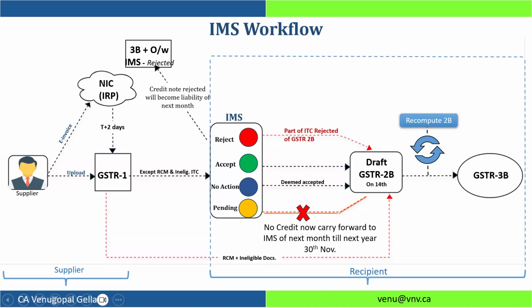What is this ineligible document? How does the system know that it is ineligible? Because of POS, place of supply. If my registration is in Karnataka, but I received an invoice having a place of supply of Andhra Pradesh, then because of the different place of supply, that is an ineligible document as far as the system is concerned. That invoice will be marked as ineligible, and in 2B also it will go and sit in my ineligible section. So all the eligible records will flow to my IMS.